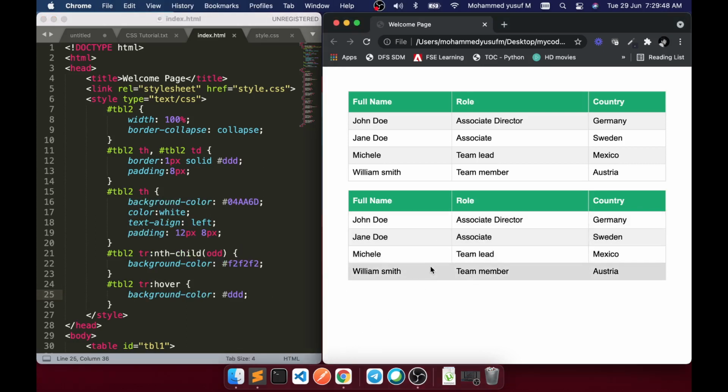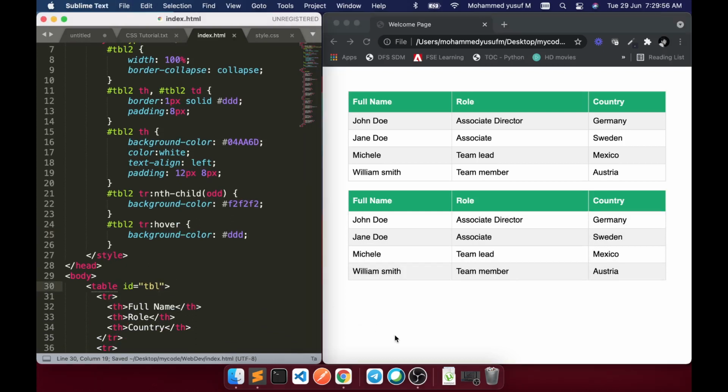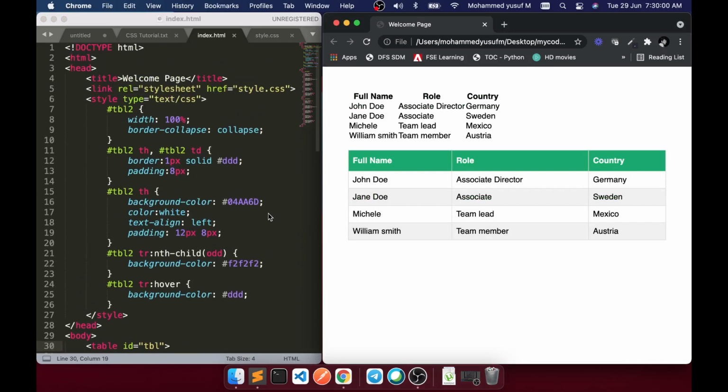So I think this is the basic styling we applied. If you see the normal table, which looks like this, it now becomes something like this. The important properties we have learned here are border-collapse, which collapses the borders, and nth-child for making alternate rows a different style, and a hover effect so that it looks like good styling. You can also play with other things, mainly the border.